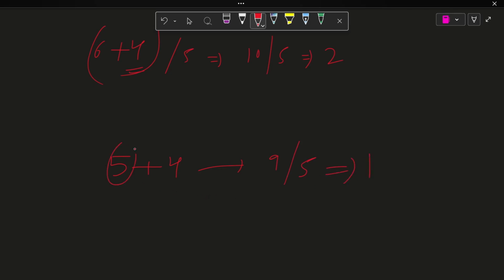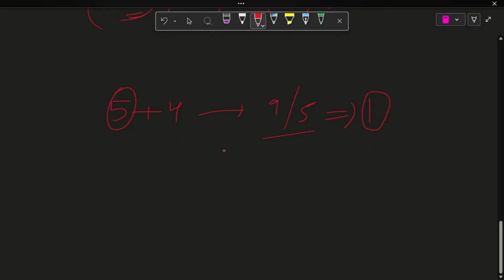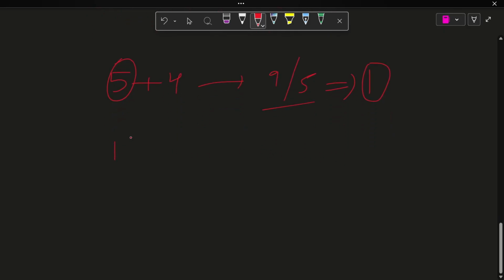So if the value is a multiple of 5, it will remain unchanged, it will only give the multiple of 5 as the answer. But if it is greater, like 11, then 11 plus 4 by 5 converts it into one more. It adds one more to the multiple. So yeah,